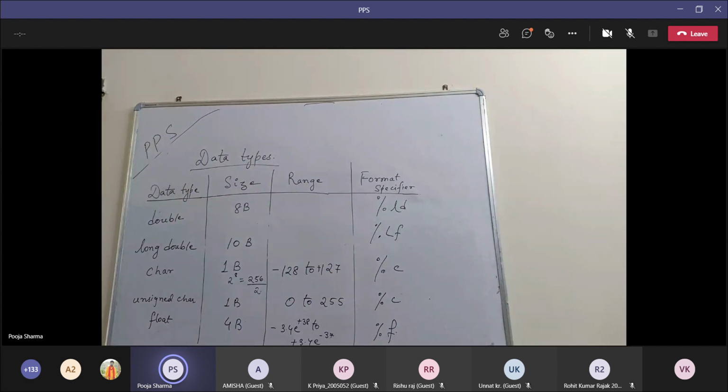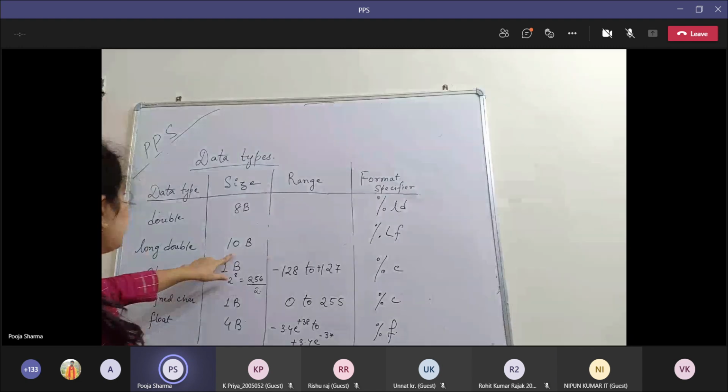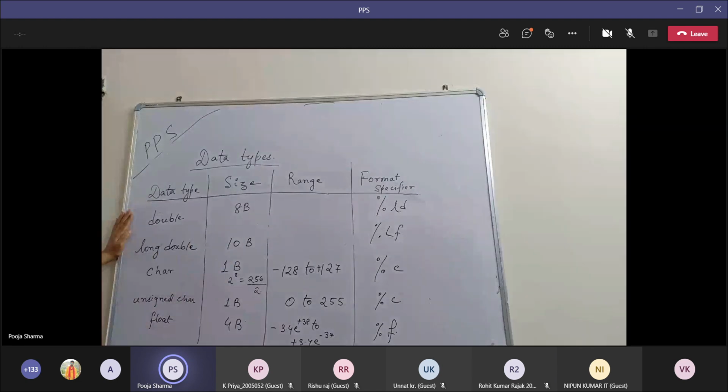मैम लॉन्ग डबल का साइज 10 बाइट होता है या 16 बाइट? देखो, ये कहीं पे 10 बाइट्स होता है, कहीं पे 16 बाइट्स होता है, बट आई हैव जनरलाइज्ड इट क्योंकि मैंने इंटीजर का साइज यहाँ पे 2 बाइट्स दिया था, कहीं पे वो 4 बाइट्स भी होता है, तो मैंने उस कॉन्सेप्ट को लेके 16 बिट और 32 बिट मशीन में ये 10 बाइट्स होता है, ठीक है? ये वैरी करता है, लेकिन 10 भी होता है, 12 भी होता है। जैसे इंटीजर का साइज मैंने आपसे बताया कि 2 बाइट्स है, लेकिन आप कभी-कभी कोई मशीन में रन करके देखोगे तो ये 4 बाइट्स भी देगा।